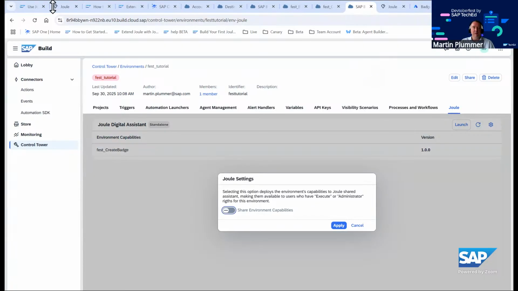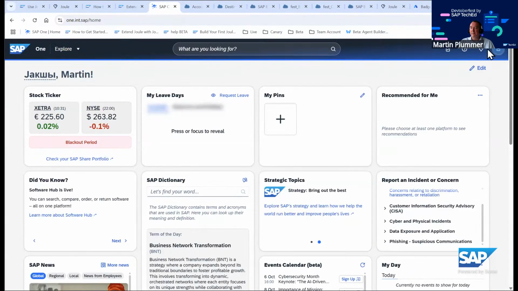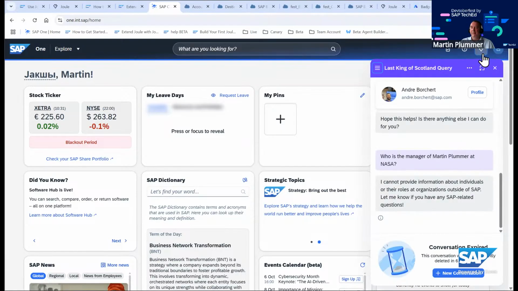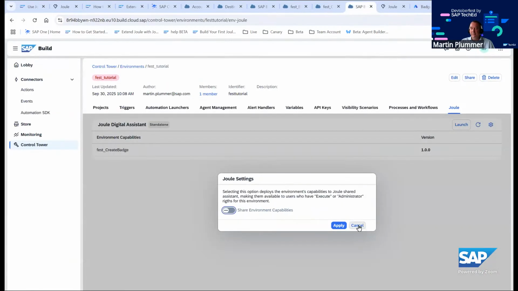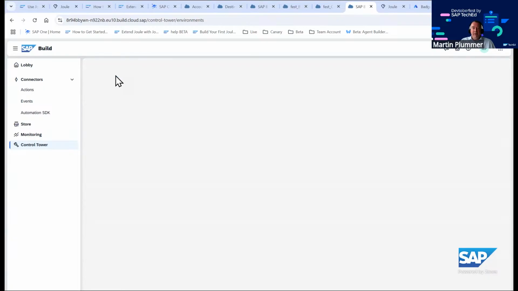So, for example, if I were sharing this environment to the SAP's Joule system, the Joule skill will then be available here. In this particular case, it will be available on my particular Joule. So if I go to another environment where I have shared it,